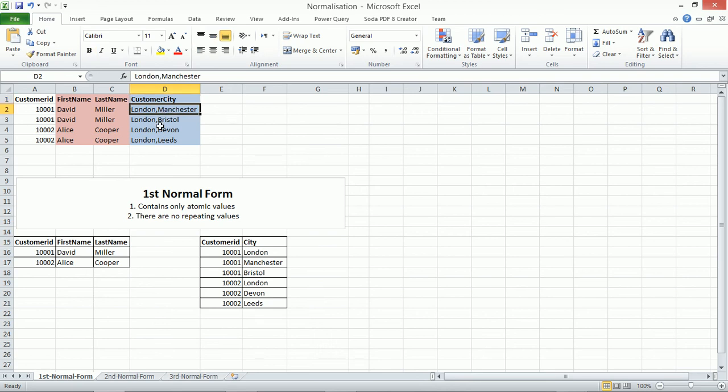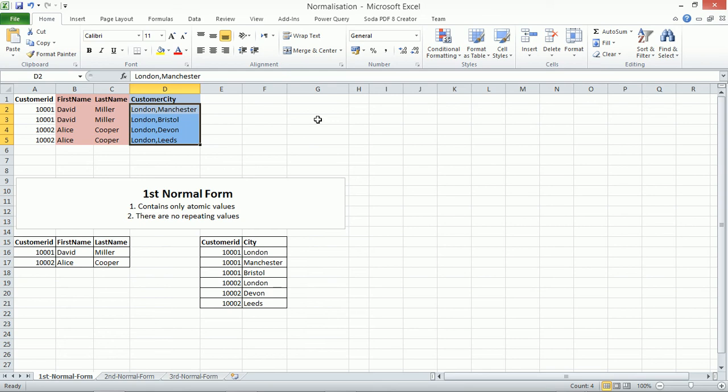So it has London, Manchester, London, Bristol. And first normal form says that if you want your existing structures to conform to the first normal form, then you should not have any